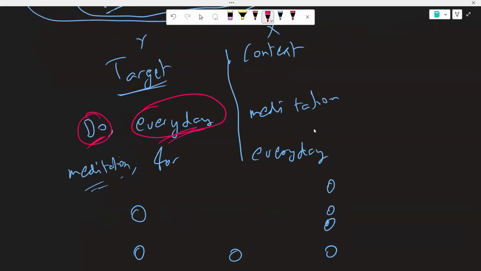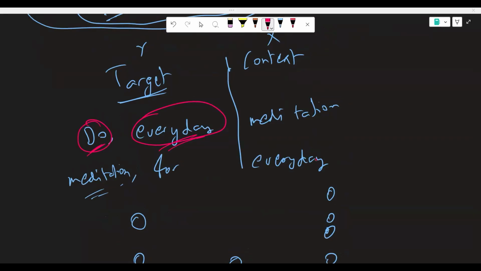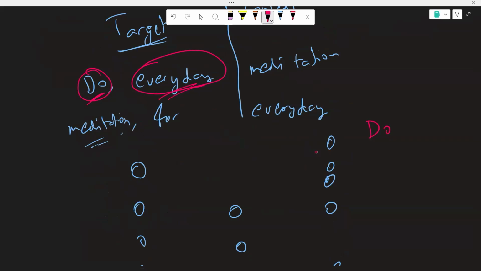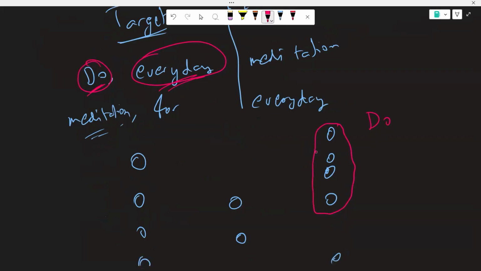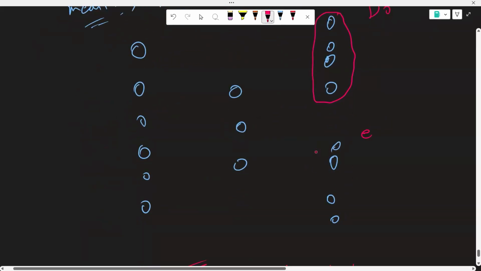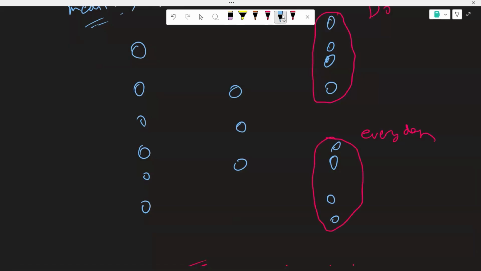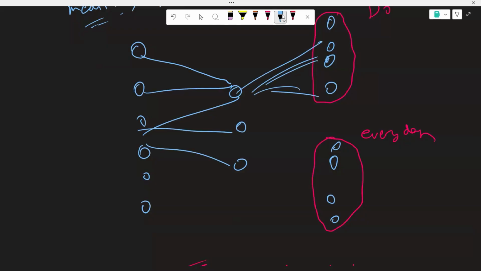So what will happen in the neural network? You will have one representation for do. We are representing each output by 4 dimensions, so this is going to be one set of 4 dimensions. And similarly, you will have another set of 4 dimensions for every day. The architecture will remain exactly the same. You will have all this connected, and this connected, this connected. The neurons will pass based on the weights that you're given. And for every day, I will simply see what is the value for this. Just connecting the neurons, I can see the equation.